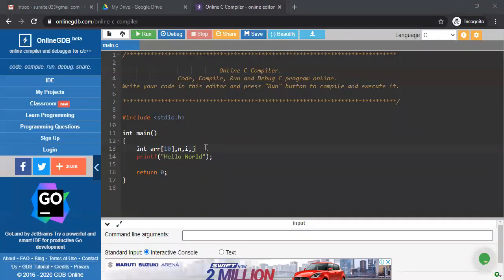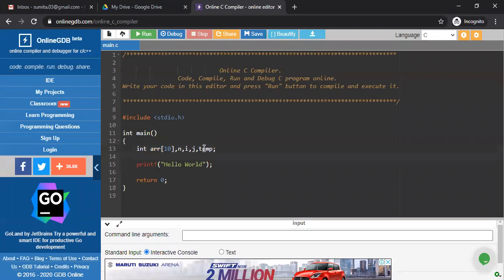And the next variable we are going to declare here is temp, because we are actually going to swap two values according to their index, and we know how the swapping is done using a third variable. So for that particular reason, we are declaring a temp variable, nothing else. We are going to swap the values of two positions using a third variable. Okay, so my variable declaration line is complete.